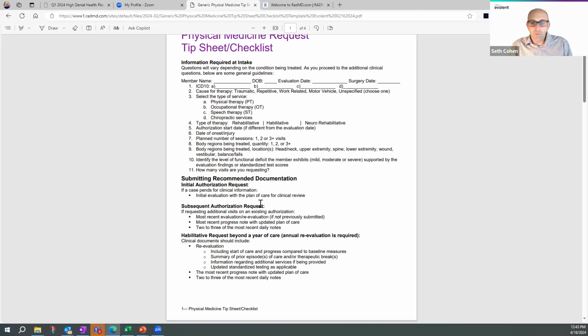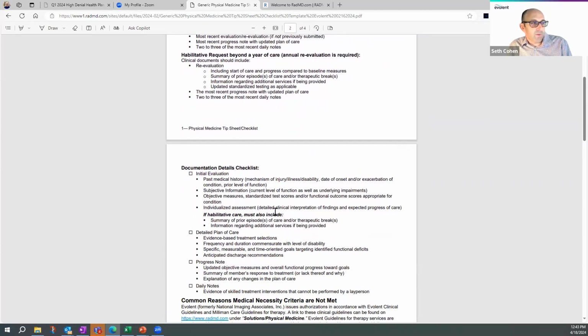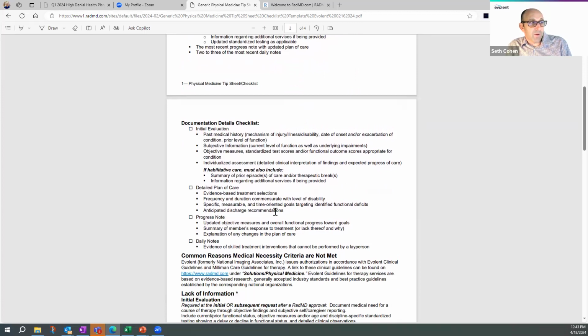So that would be approved for a certain number of visits off the bat. But in other cases, we will require documentation. In our particular case, we are a little different in that our reviews are conducted by like discipline reviewers. So a PT is reviewing PT cases, OTs are reviewing OT cases, and speech therapists are reviewing speech therapy cases. So there's the documentation. We do have a little section here on some of the details that need to be